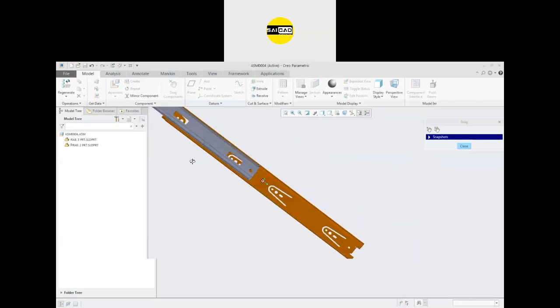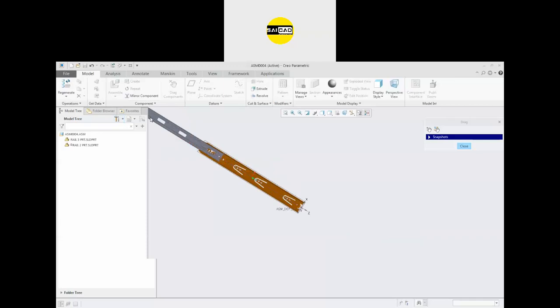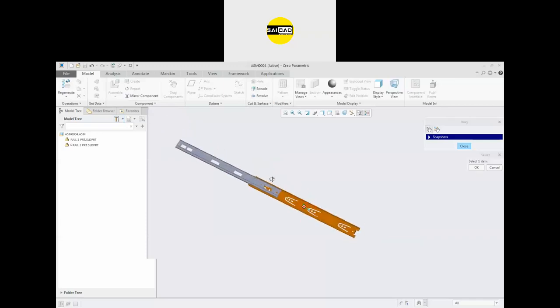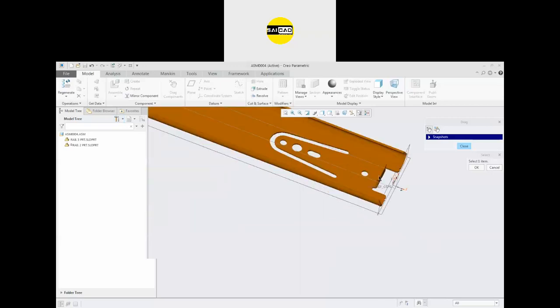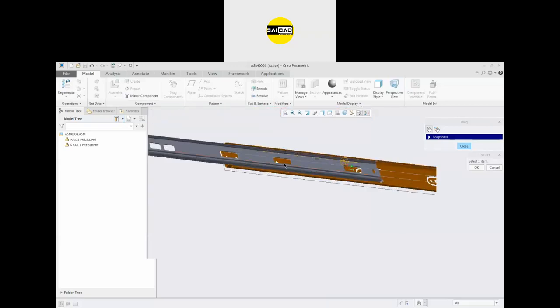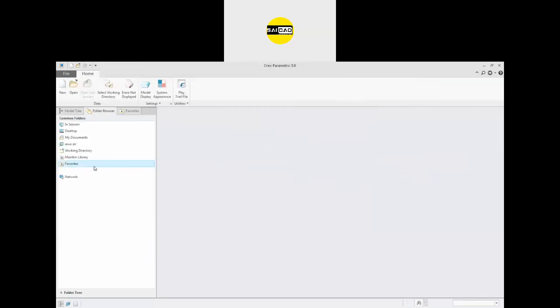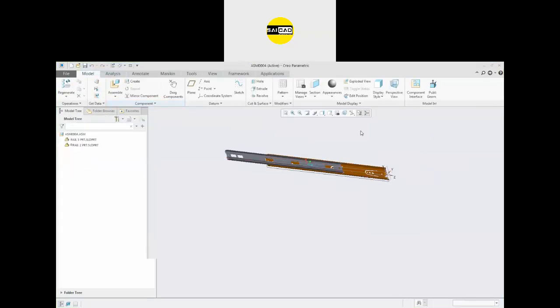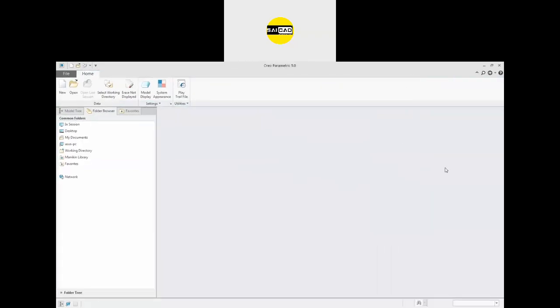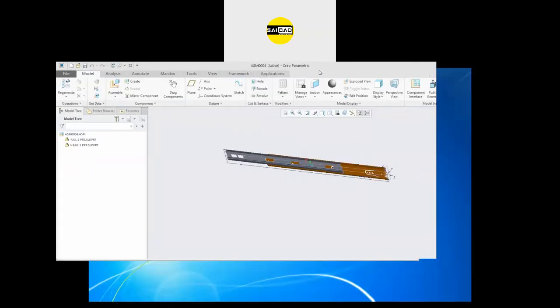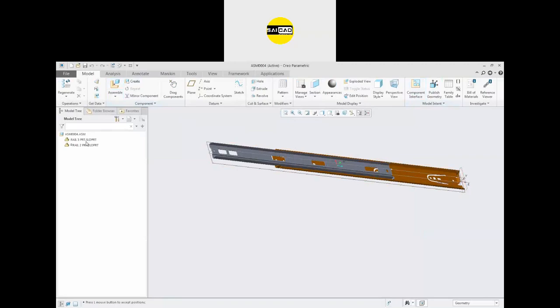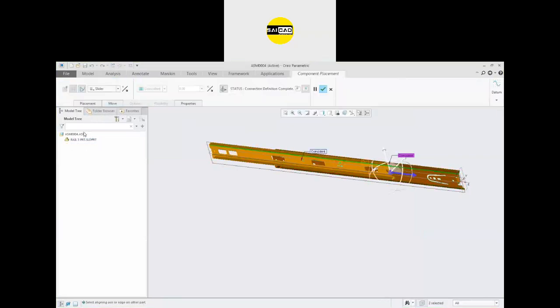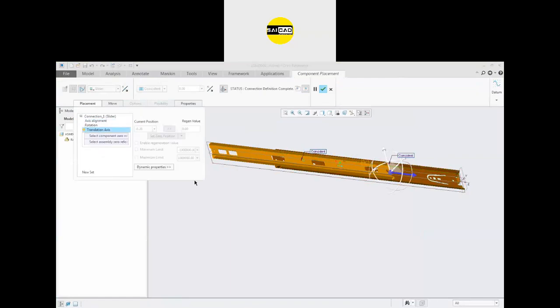Okay, so I want this component to slide up to a certain point, like here, and not more than this location. To control that we have to just go to the edit, and in the slider we will have some relation, that is translation axis.